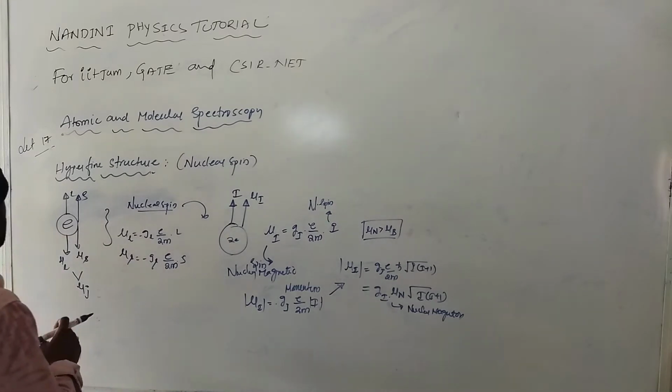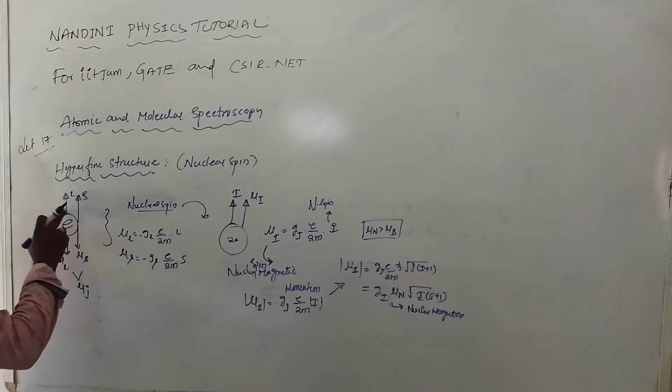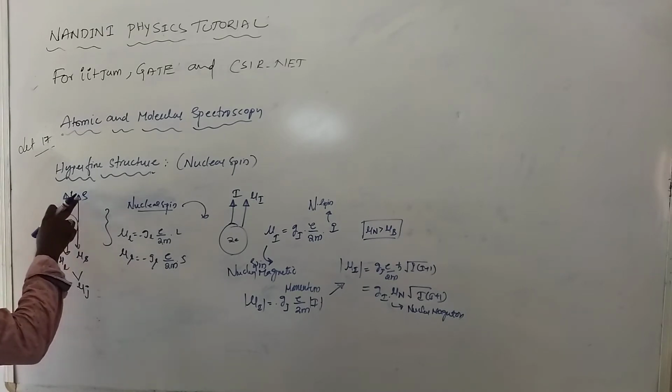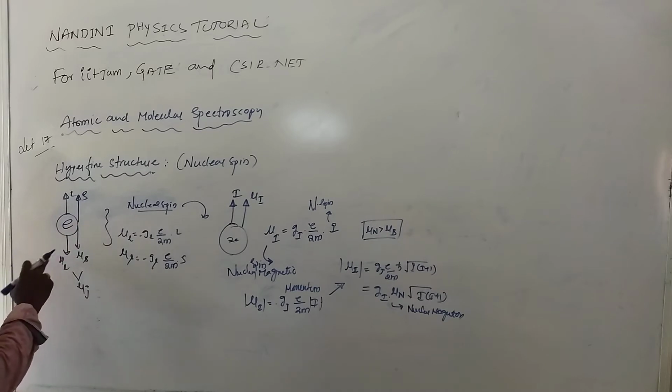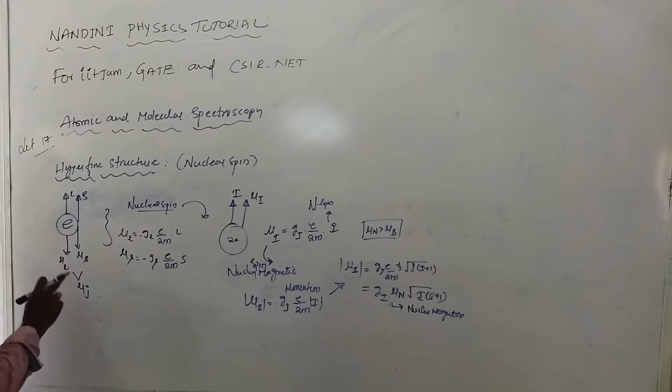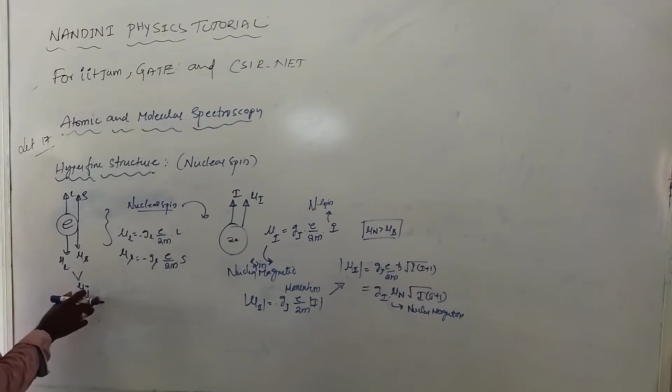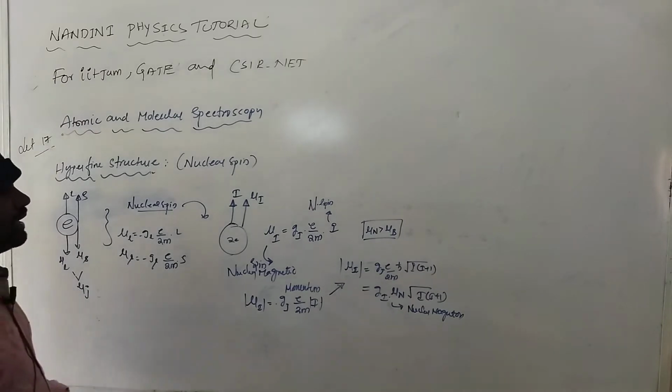An electron revolving around the nucleus produces orbital angular momentum and spin angular momentum, and they create magnetic moments, both orbital and spin, and finally they combine to form a total magnetic moment. Similarly,